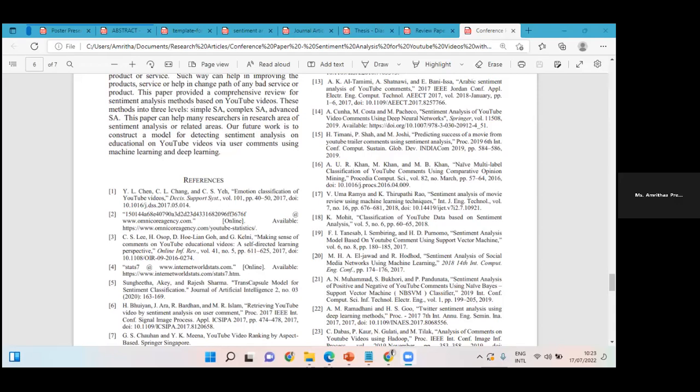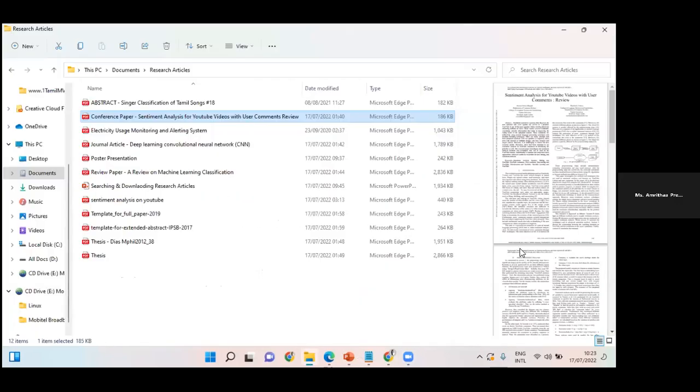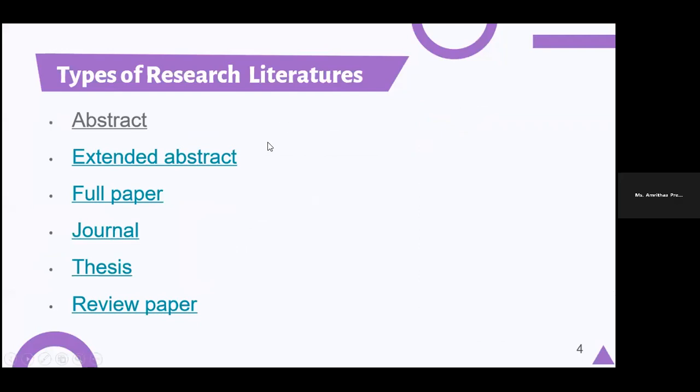Okay, so these are the types of different literature. I wanted to introduce that because when you are going to download, you will find these different types. Normally it is better to go with these full papers. And if you want more explanations, you can also refer to these journals. So now